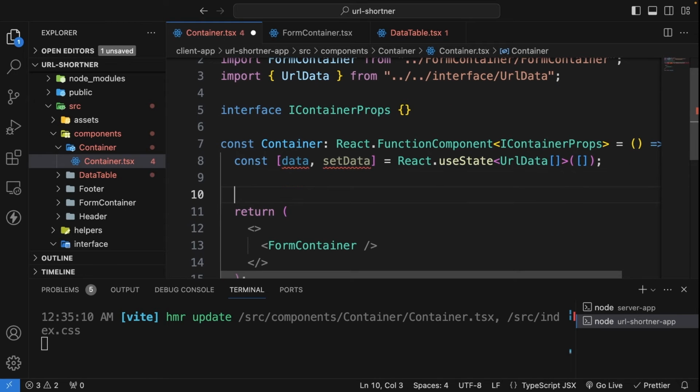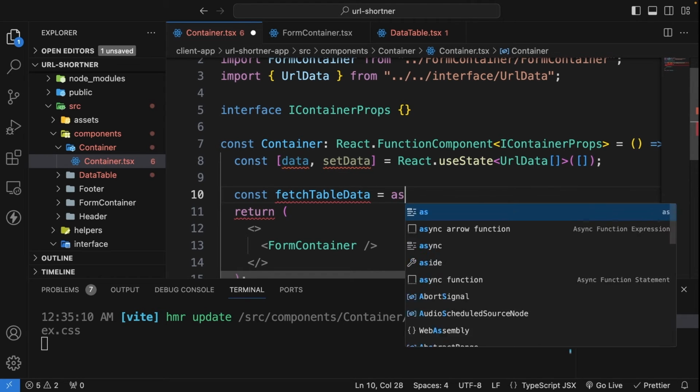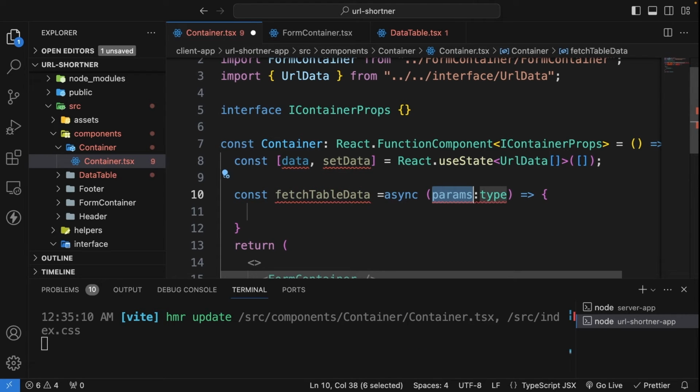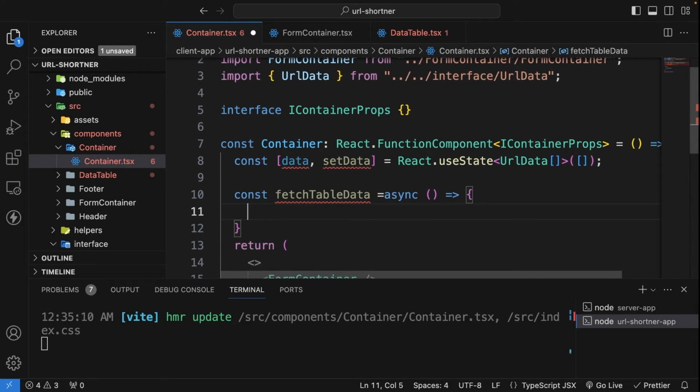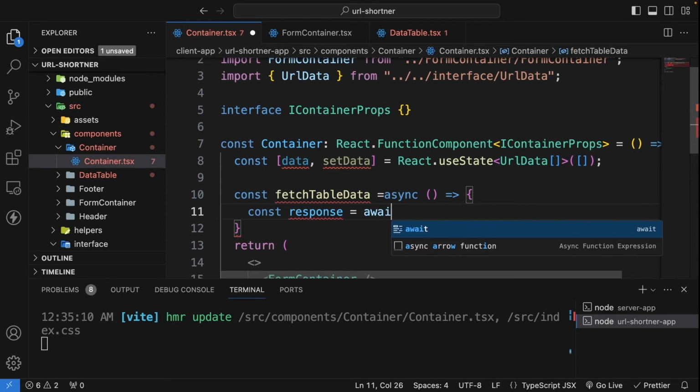Now let's create a function which will fetch the table data. So I'm going to have the fetchTableData as a function. I'm going to use the async arrow function, and it is not going to have any params. So I'm just going to remove them, and let's create a constant. I will have the response, and we need to make an Axios call. So I will have the await